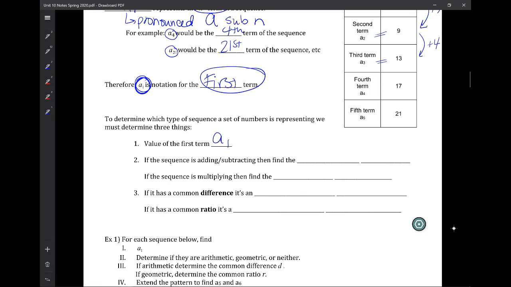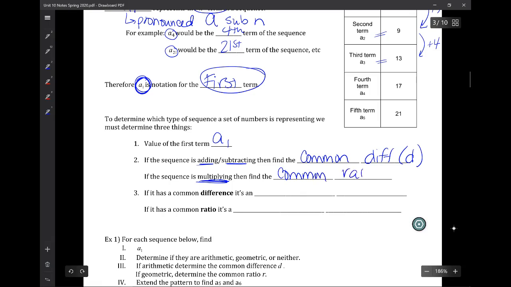If the sequence is an adding or a subtracting type of pattern, then you should find the common difference, or D. If you notice that the sequence is either multiplying or dividing, but remember, multiplying by something could be a fraction, we are going to find the common ratio, and remember that stands for R. And if you find something that's adding or you find the common difference, then we're talking about an arithmetic sequence. And if it's a common ratio or it's multiplying by something, we're going to be finding a geometric